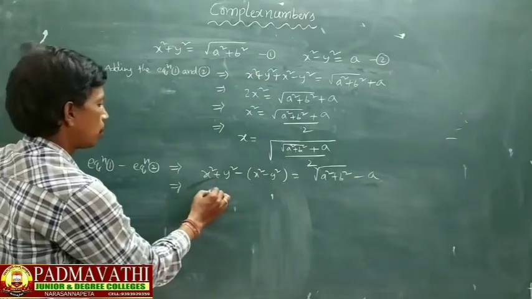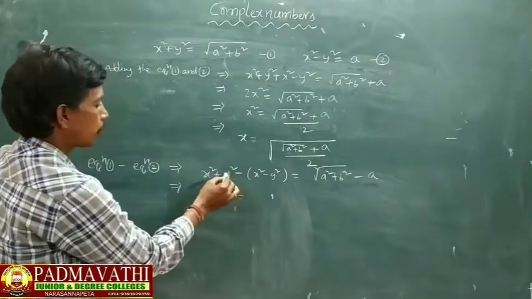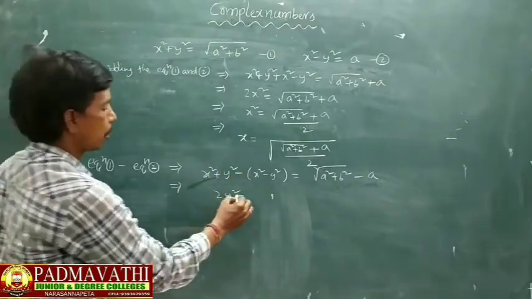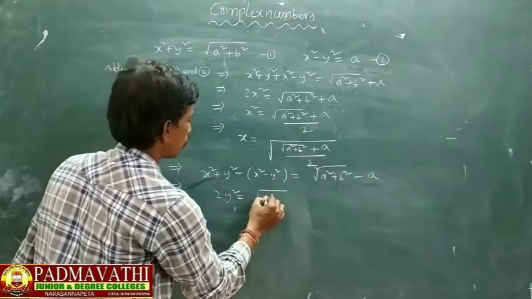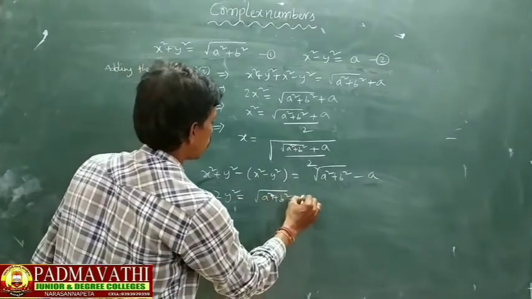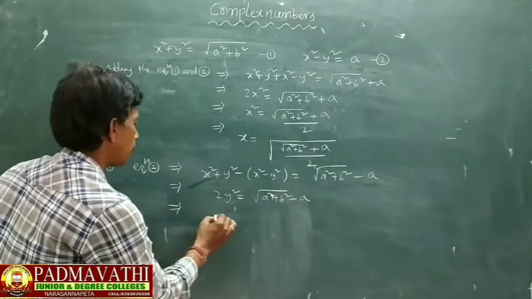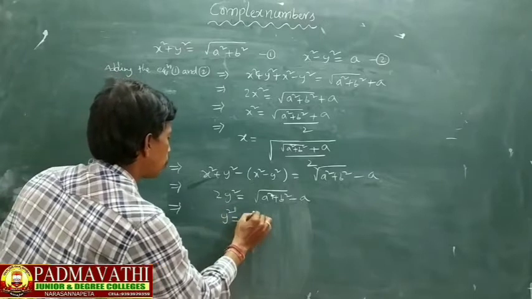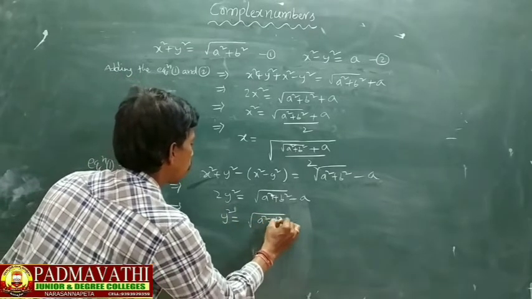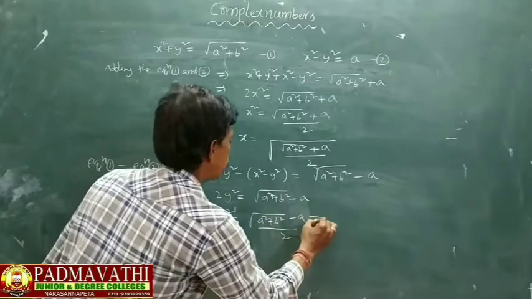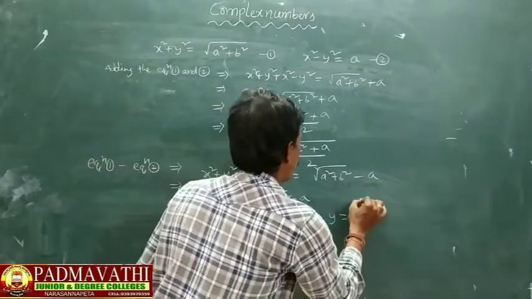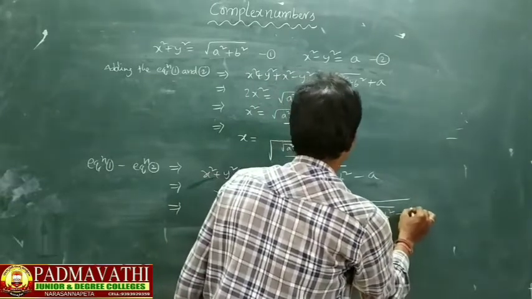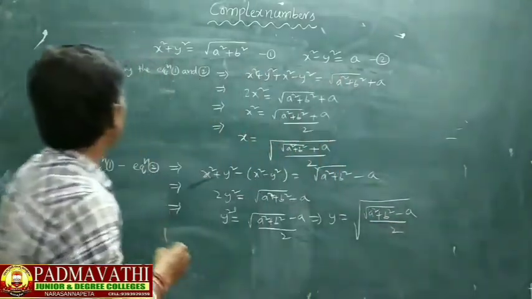Now that implies 2y square, because minus x square plus x square is cancelled, y square plus y square is 2y square, equals root of a square plus b square minus a. In a similar way, y square equals (root of a square plus b square minus a) by 2, so y equals the square root of (root of a square plus b square minus a) whole by 2. Therefore,